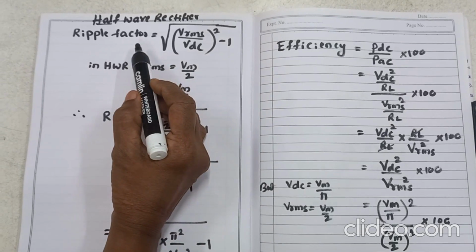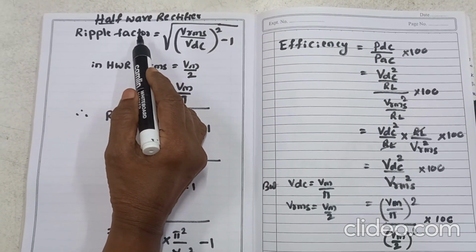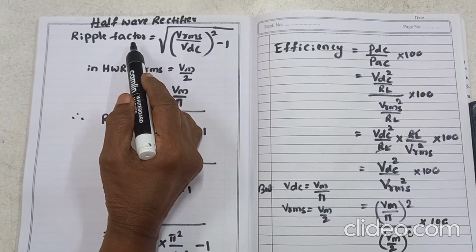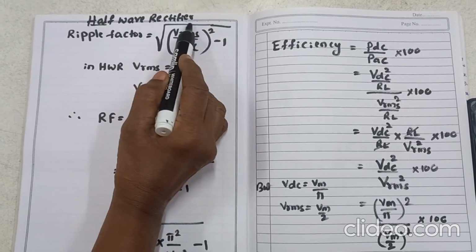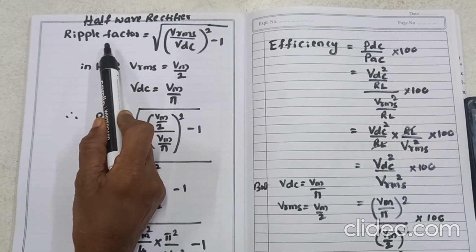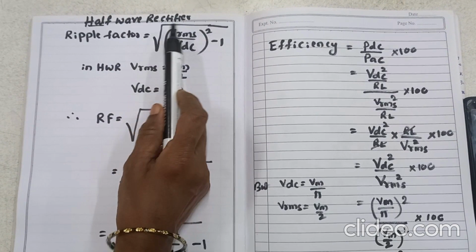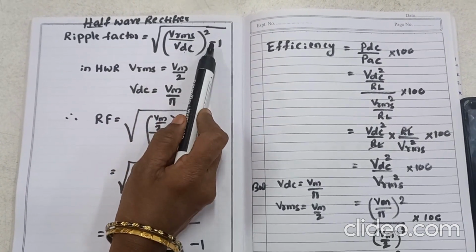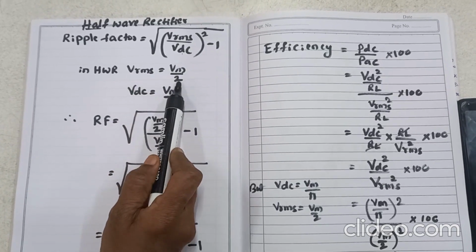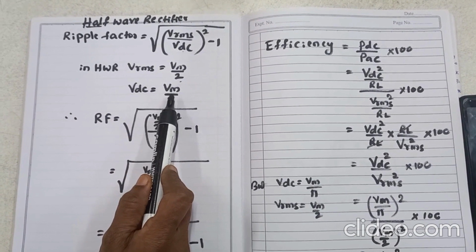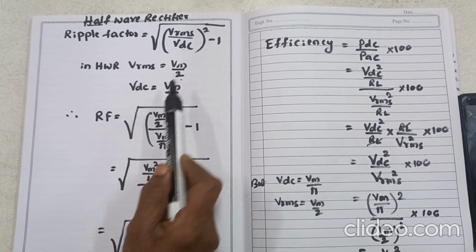In today's class I am going to explain and find the values of ripple factor, efficiency and peak inverse voltage for a half wave rectifier. So in half wave rectifier the ripple factor formula is square root of (Vrms by Vdc) whole square minus 1. In half wave rectifier Vrms value is Vm by 2 and Vdc is Vm by pi, and we will substitute